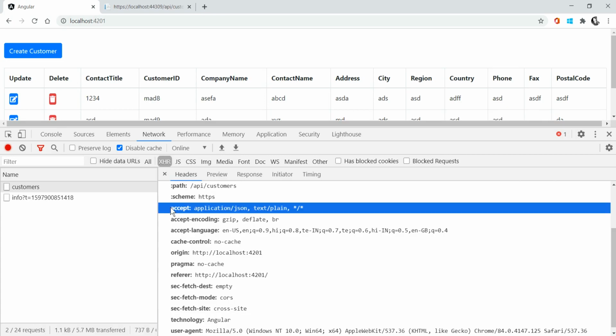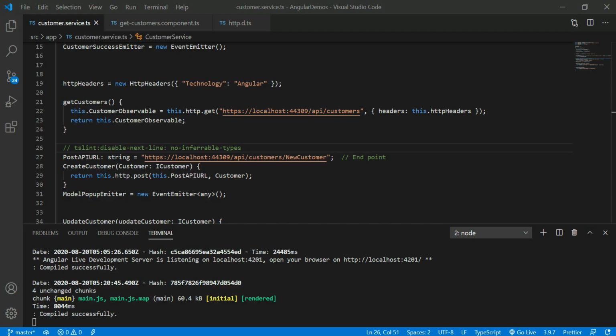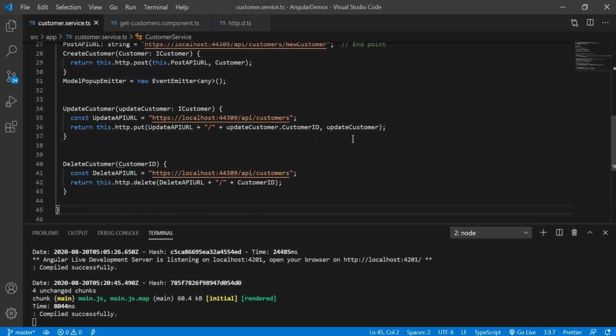Right now it is accepting application JSON. If we take the post request, or the update request, anything, and watch here, this is the content. By default Angular gives the application JSON format to the web server.